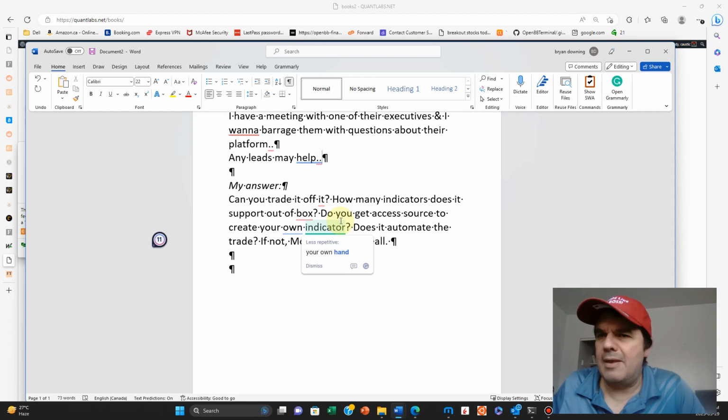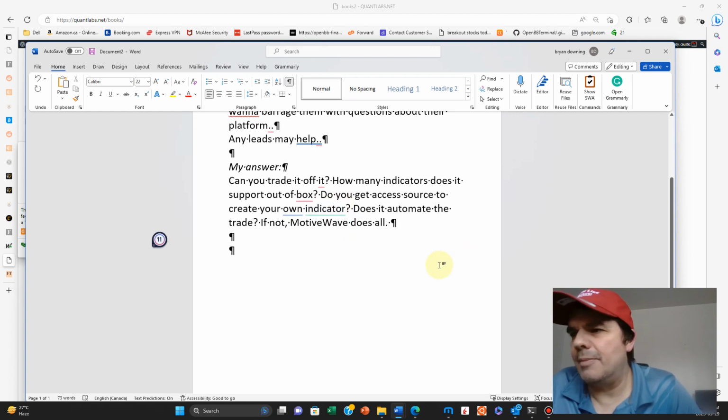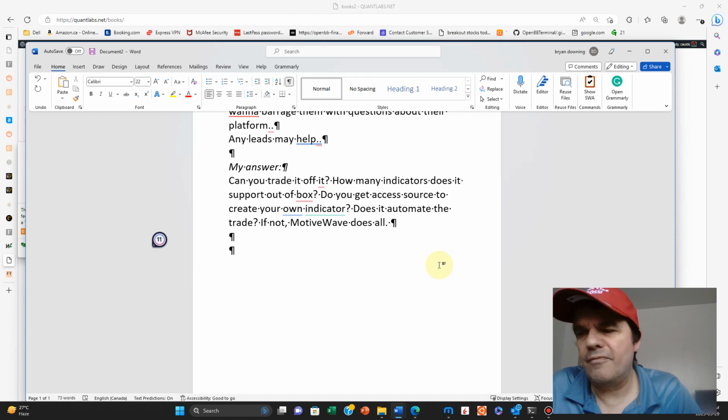More importantly than anything else that matters, does it automate the trade? Okay, so if you have an indicator or study that MotiveWave calls, and you can combine them, and then you can actually turn it into a strategy.